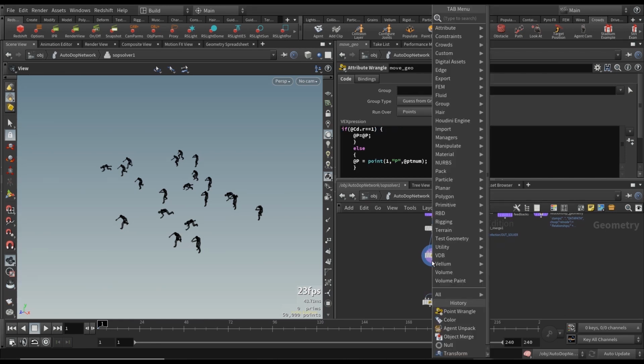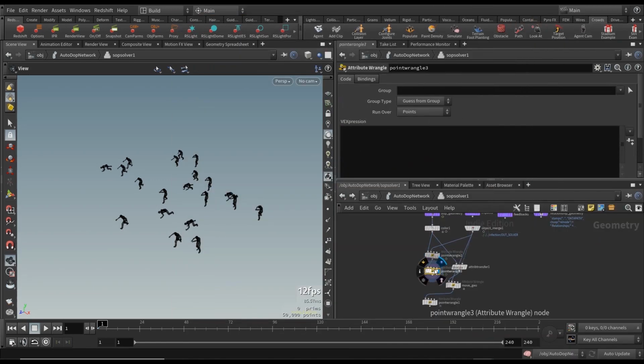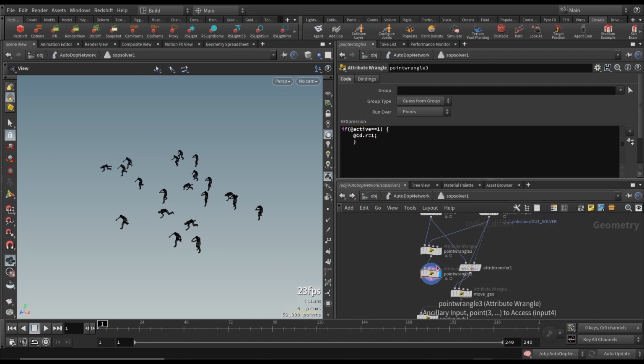to create another point wrangle here, and we're going to say if @active equals 1, then @Cd.r equals 1. Okay, that's enough, I think. Okay, so we've given it a color,